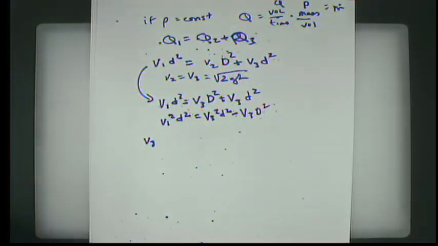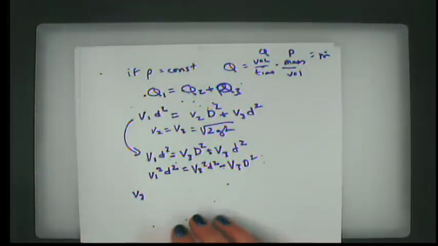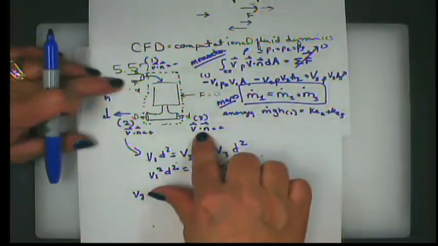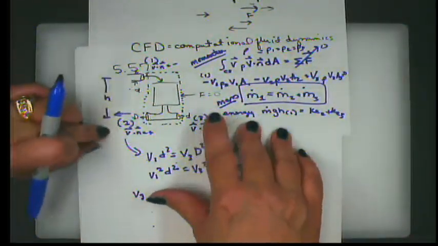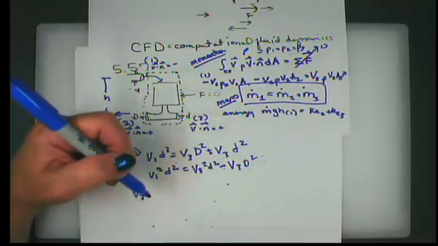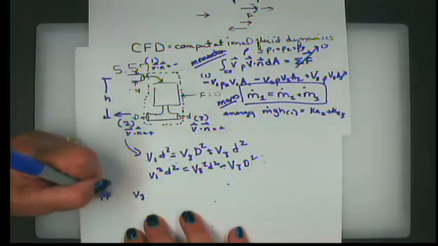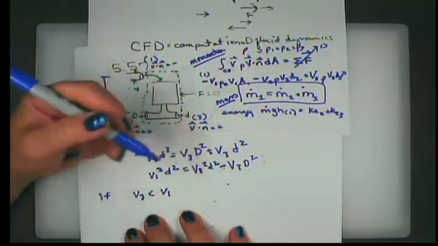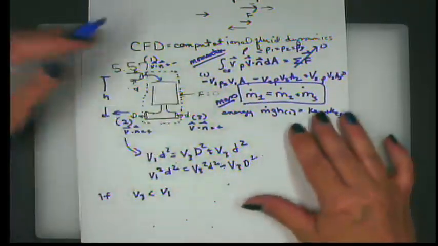And I feel like I need to put this picture back up again so that we can see what we're talking about. Okay, so we have V1, we have the inlet at 1, the outlet at 2, and the outlet at 3. So if V3 is less than V1, this first equation